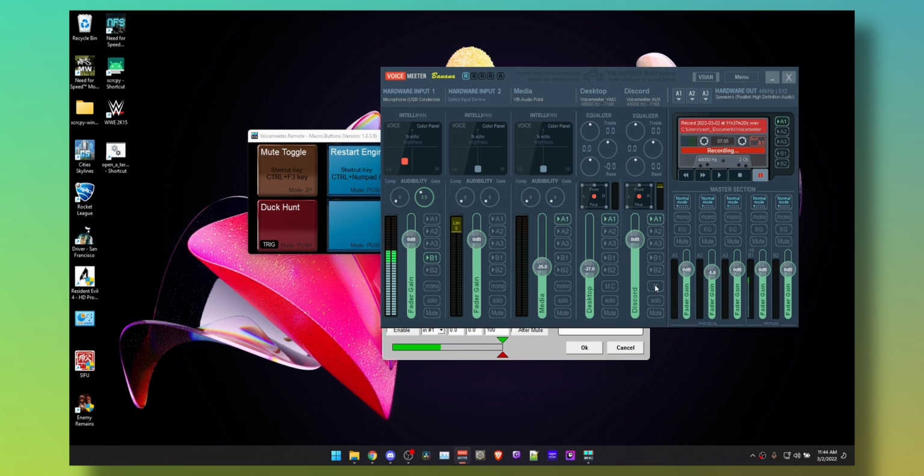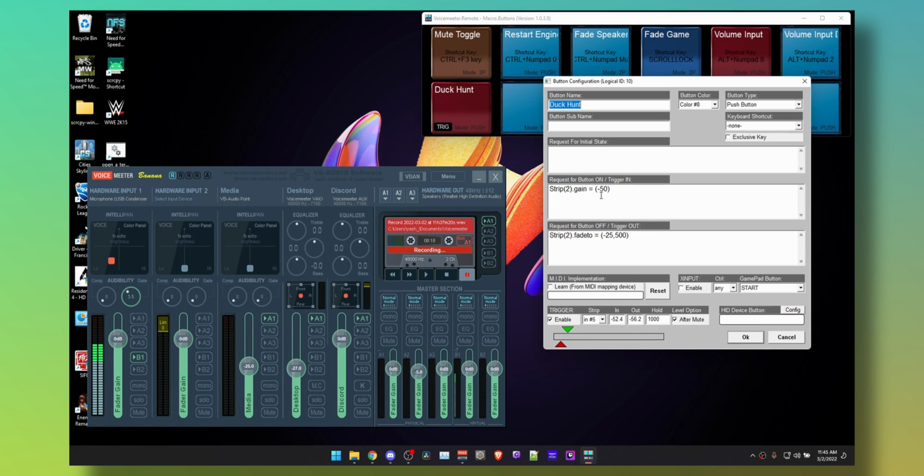So all communication applications, including Discord, will output here. I also don't want to touch the volume automatically. This is set manually and it will always stay here. So whenever someone speaks here, I want this to go down. As you can see, strip 2 gain -50 is the target volume, so this will be set to -50